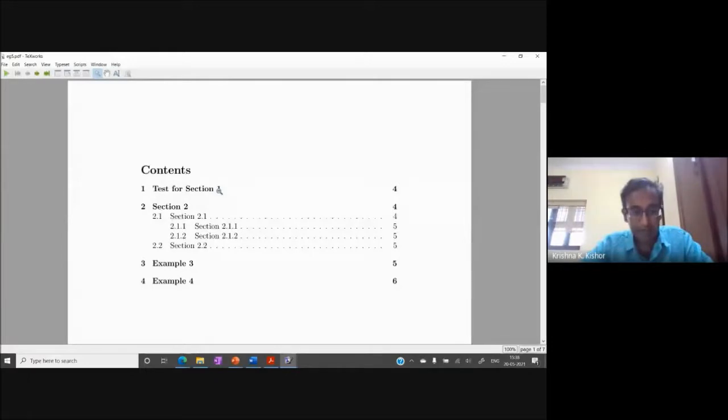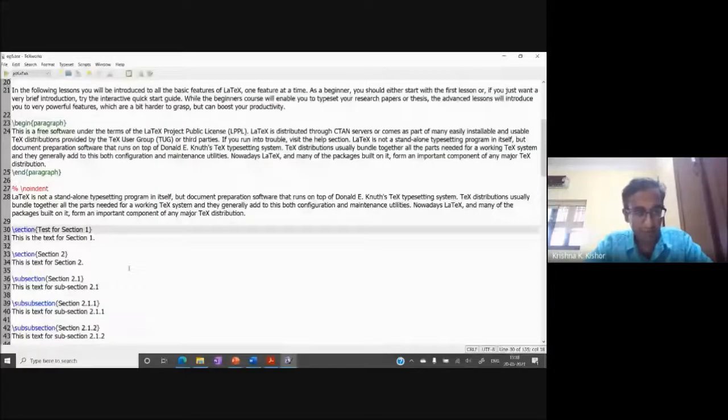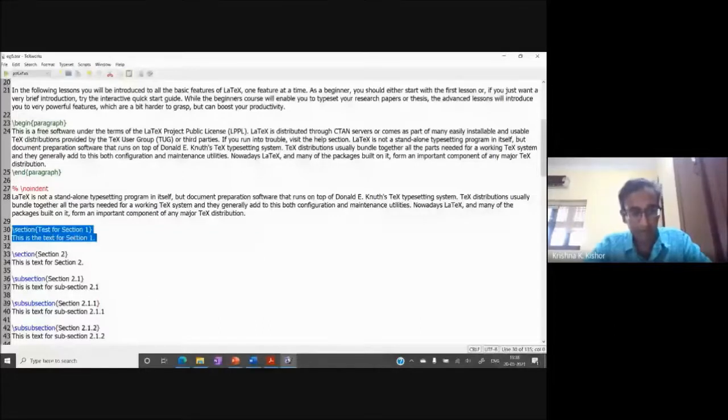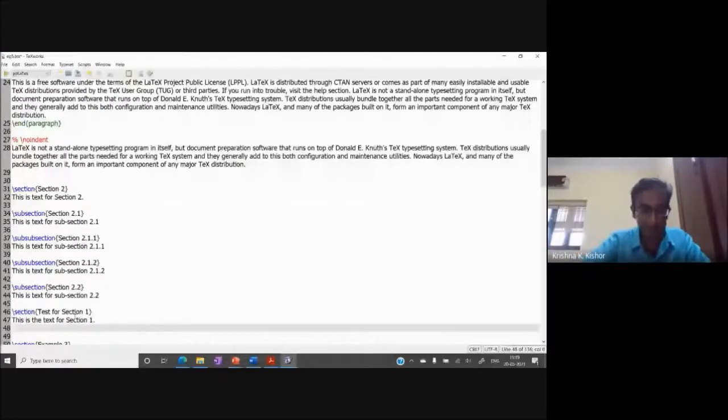Another benefit is, for example, you can also rearrange sections. Let's say this is section 1 which comes first, but now I want to rearrange this section so that it comes after section 2. So I'm going to place it here. Right now, all the document gets aligned automatically. You don't have to worry about it. The table of contents is also set up appropriately. So we'll see what happens. I'll compile it once more.